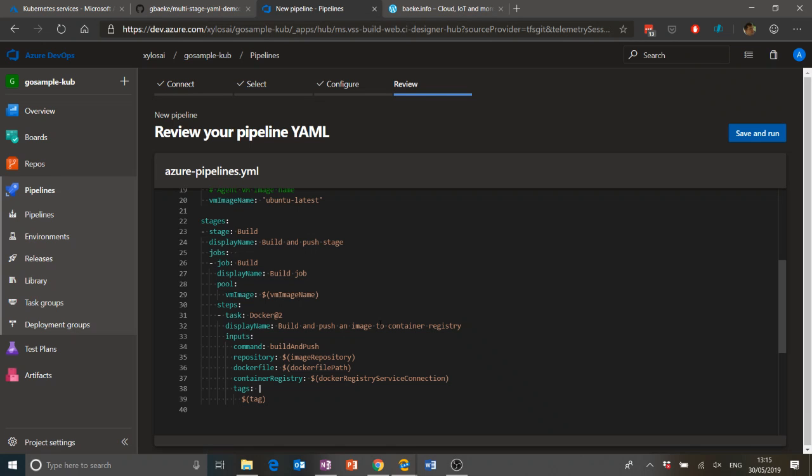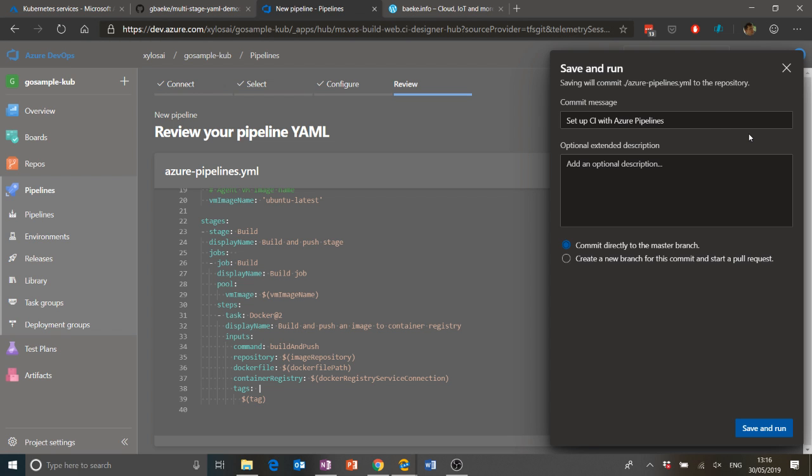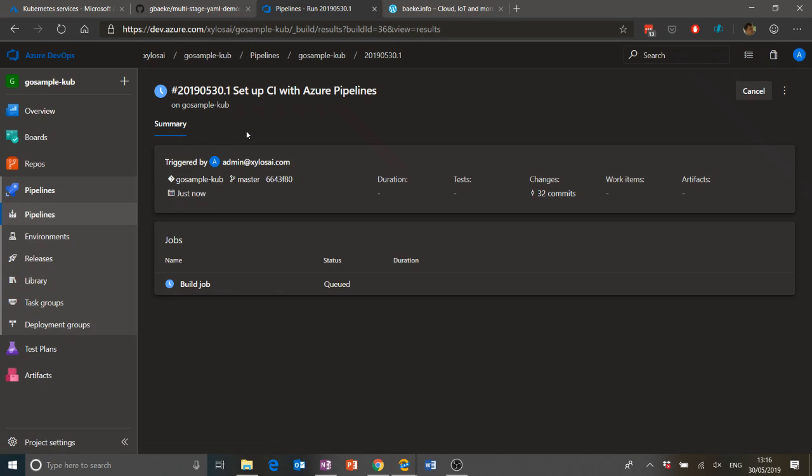So it's kind of neat that you're getting this help from Azure DevOps, that you don't have to do everything like this from scratch. And as I said, we could have gone further here by also selecting deploy to Kubernetes, but we'll do that part ourselves so you can see how that actually works. So I'm going to do save and run here. And save and run, of course, means I'm going to commit to the master branch here, no pull requests, no new branches, just save and run, which means that the pipeline will run as well based on the YAML that